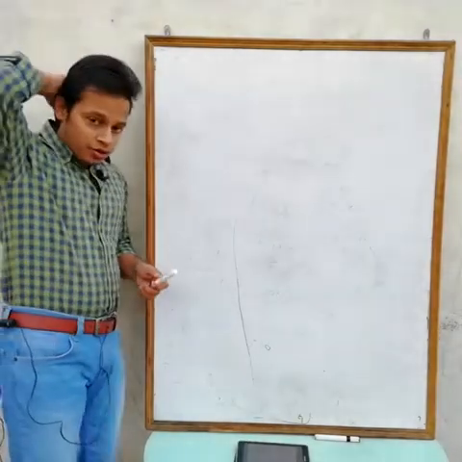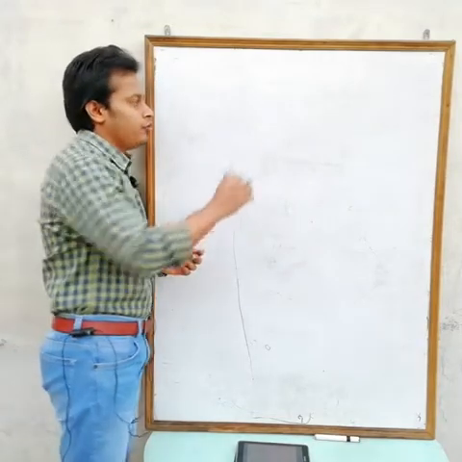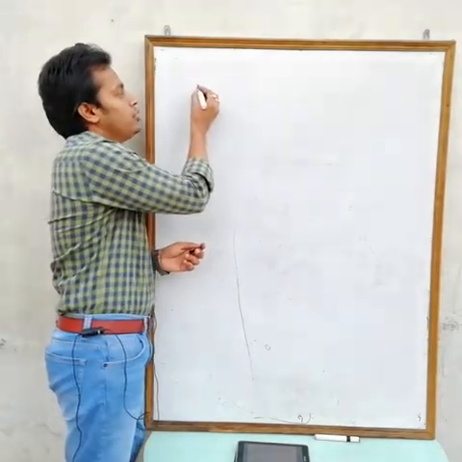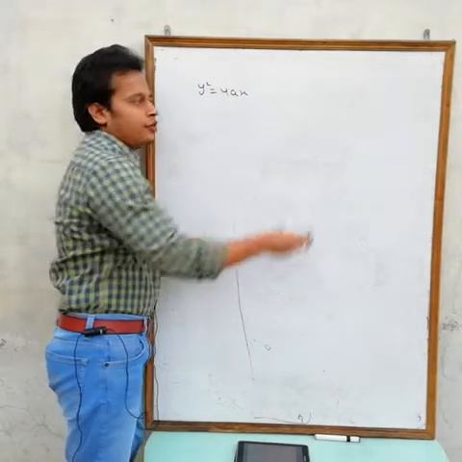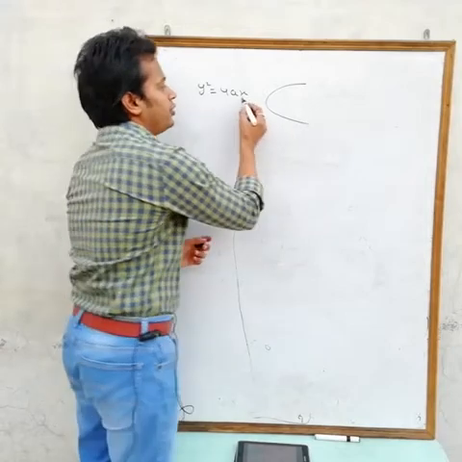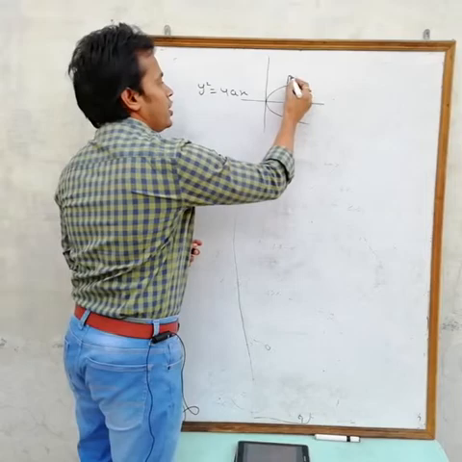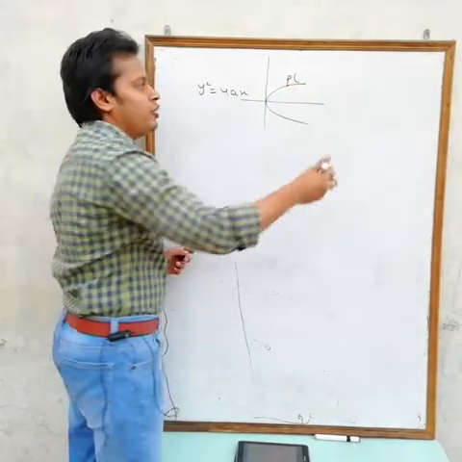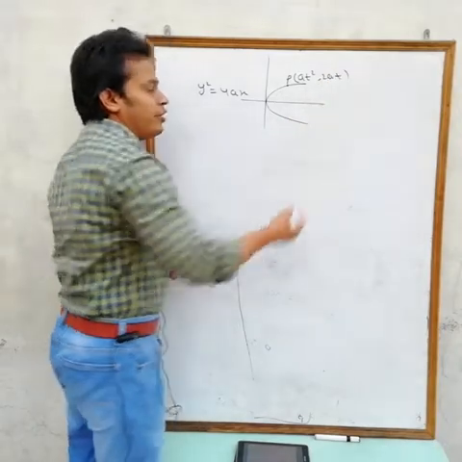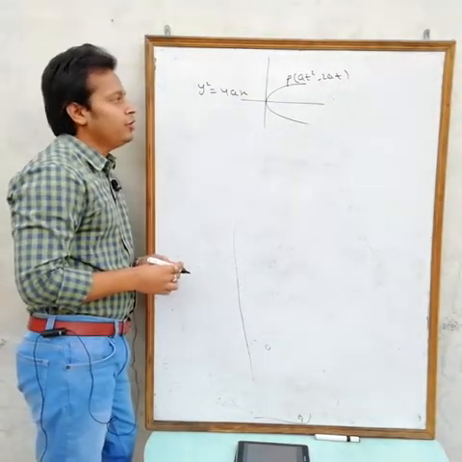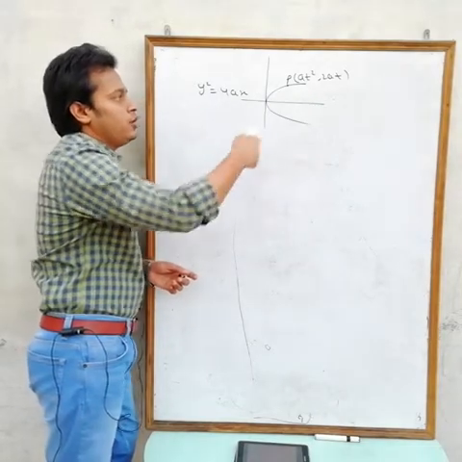So first, equation of the normal for the parabola. Okay, before this, let us revise some points for the parabola. The standard parabola is y square equals to 4ax. Any point on the parabola in parametric form can be written as at square comma 2at, where t is a parameter. This point actually satisfies the parabola, so you can assume any point in this form.